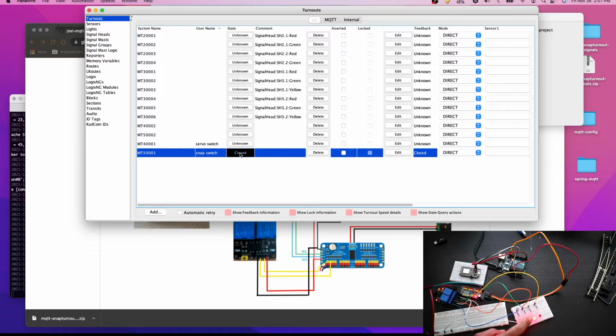That's how we can avoid burning these snap turnouts, because during the experiment I burned almost three different snap turnouts. So that's how I figured it out.